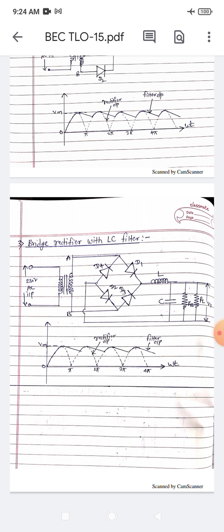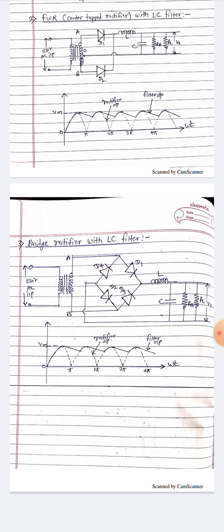So during the negative half cycle, diodes D1 and D2 are in reverse bias. They behave like off switches, and D3 and D4 become forward biased. They behave like on switches. So the negative half cycle gets rectified and it will come near the inductor. So the inductor allows only the DC component from that output, and the AC components get bypassed to the ground with the help of the capacitor. In this way we will get the DC output at the output of the bridge rectifier with LC filter. So this is about the LC filter.